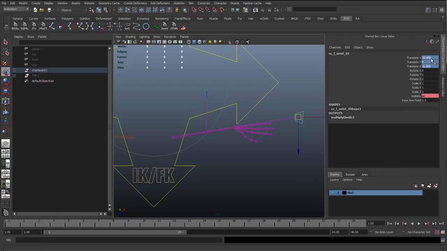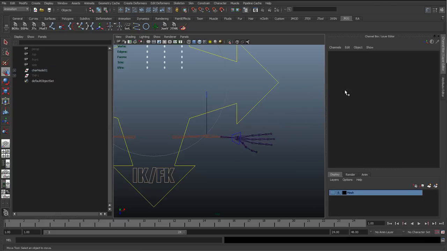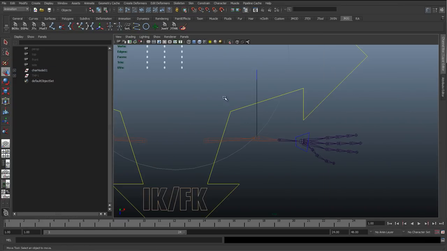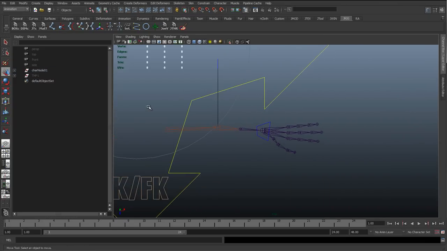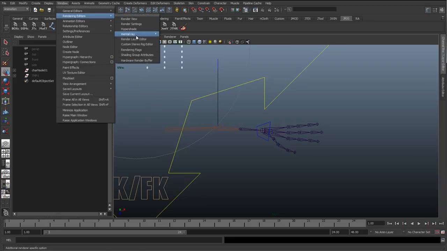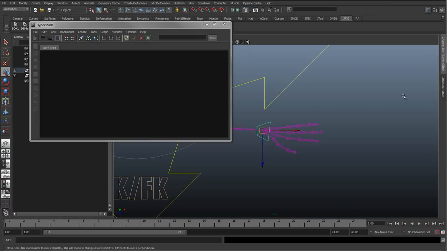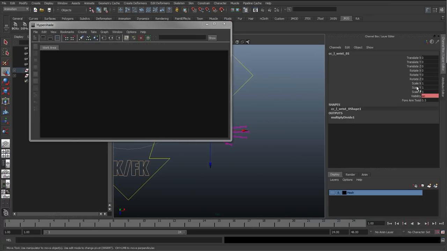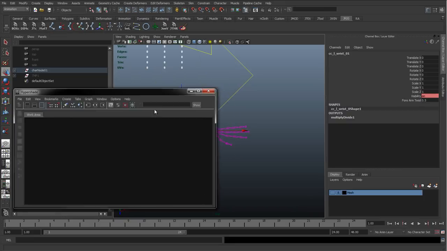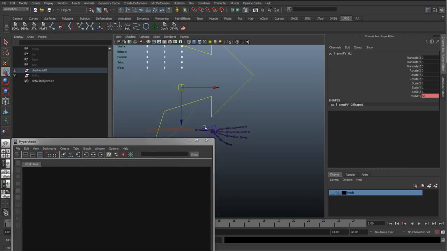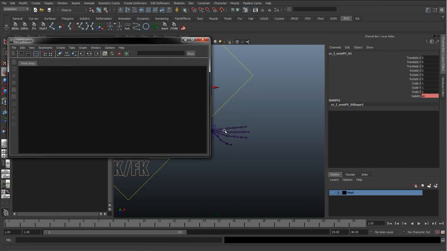Okay, so to start with, and again this might be confusing the first time you do it, but after you've set it up a few times it becomes clearer, and as we set it up now, it might become more clear. So again, to start off with, we're going to bring up the hypershade, and I'm just going to double check, make sure everything's at 0, make sure this is at 0,